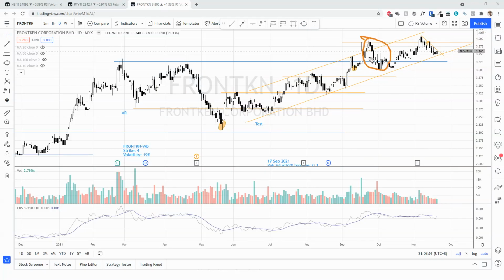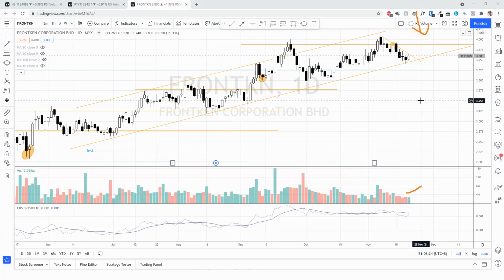So this reaction is a lot better than this or even this, even if we just take this or this as the analog bar. So the second attempt to break out is here. So this is a second attempt, so we see the breakout. We only see an increase of the volume and then there is no commitment above. So here comes another reaction. And in terms of the reaction, this reaction is actually better than the first reaction.